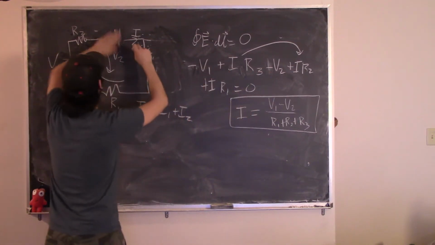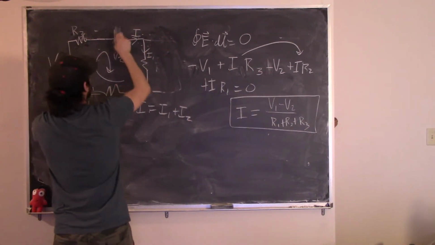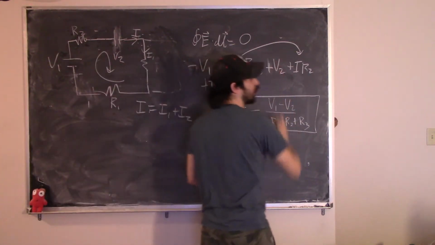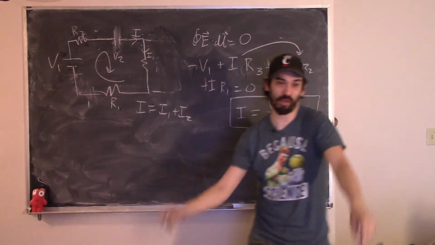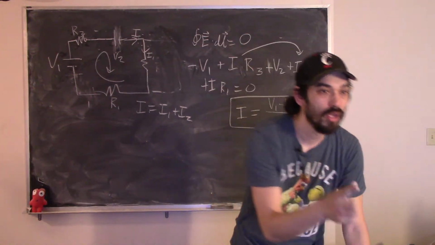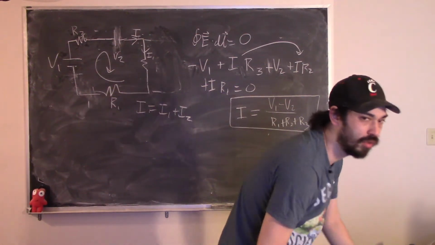And the way it was before, this was like this. That's why I had minus and then plus when it was flipped. So that's what flipping the battery does. But those are good questions. Okay, so to come back to what Joyce had asked,